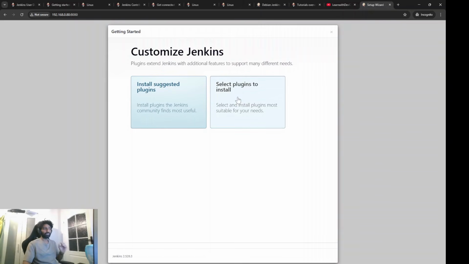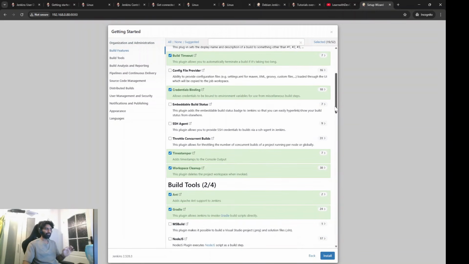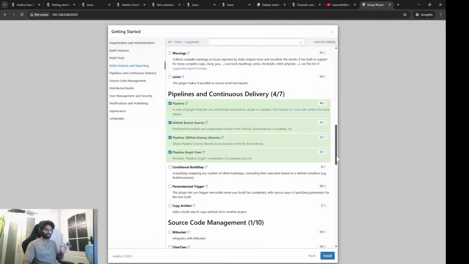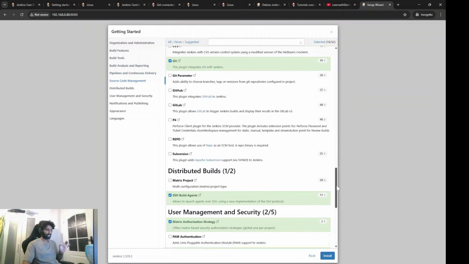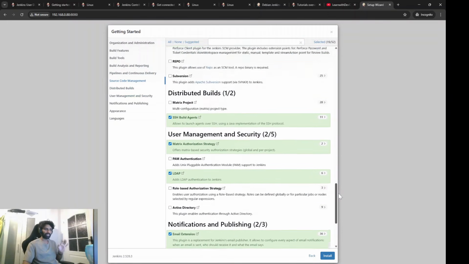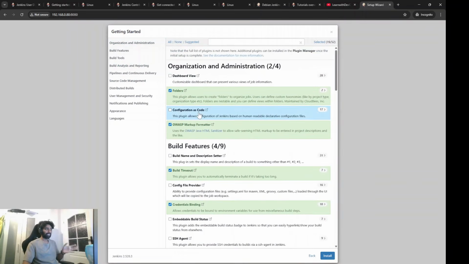If you are working in an organization, there's no need to install all those plugins. You can just click on select plugins to install, and whatever is needed for your project, not for the whole company, whichever project you are working on, you can install those required plugins only. Unnecessary plugin installation is not at all required. Because this is, let's say, a normal tool demo, I'm going to add dashboard view, folders,